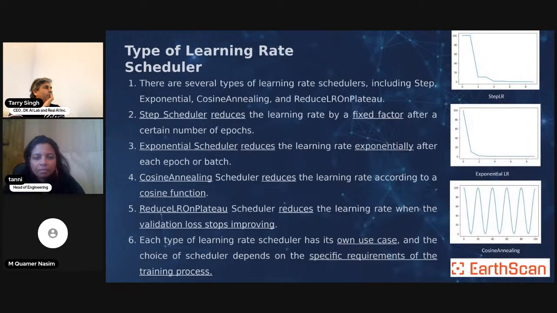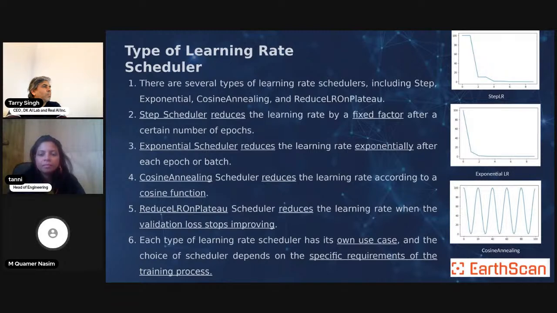Okay. So there are a few important learning rate schedulers, and the usage of all these types of learning rate schedulers depends upon the need, how your model is performing, and what you want to do. So it depends upon different scenarios, and you have to choose accordingly. These different types of learning rate schedulers are step scheduler, exponential, cosine annealing, or reduce learning rate